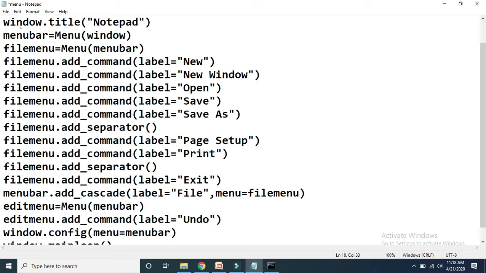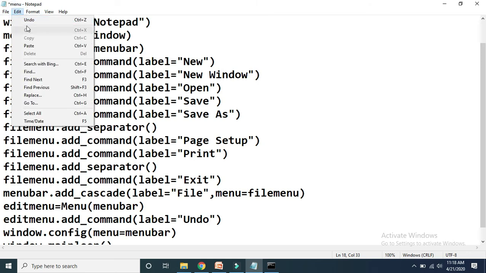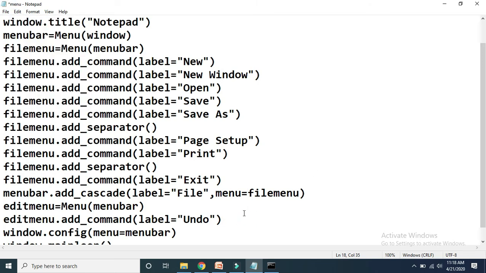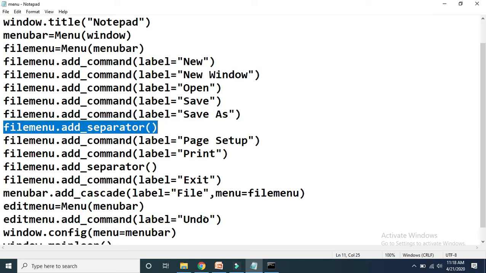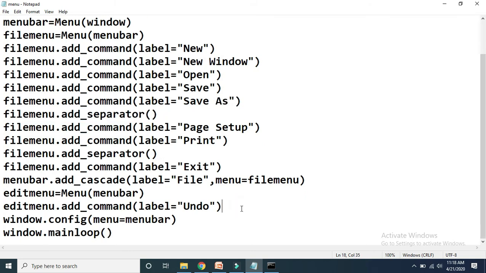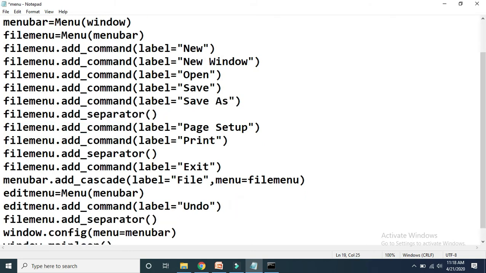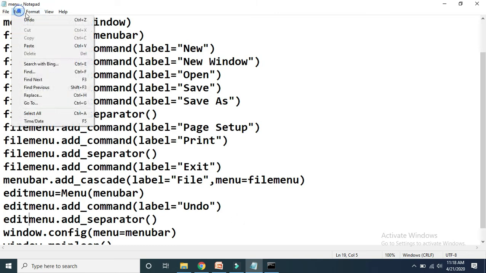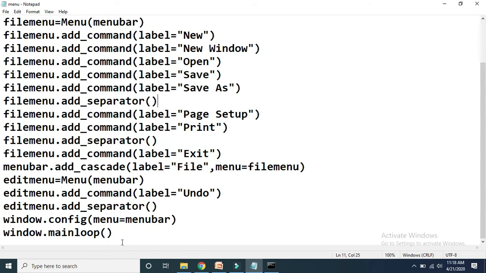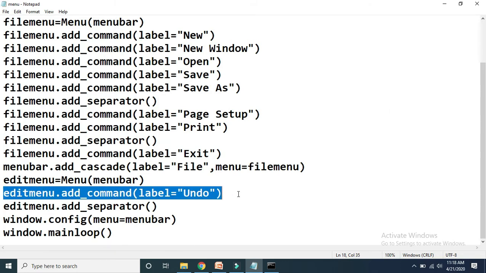Okay, now see carefully here, after undo there is a separator. So if you want to place a separator, then you have to call this separator method. Okay, so here after undo we have to call separator, but not by using the file menu object, but by using the edit menu object. Okay, now after separator, see, cut, copy, paste, and delete is there. So if I want to write code for that, then you can copy this.